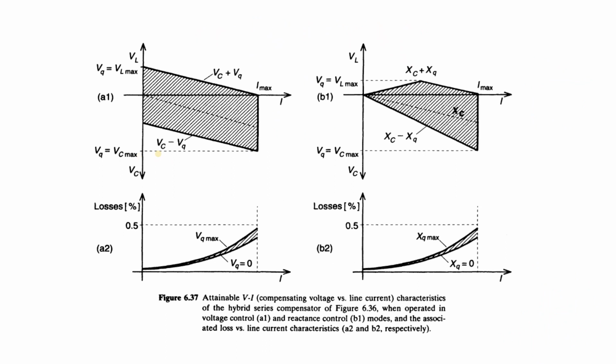But in this case we will not get 2 per unit, we will get only 1 per unit, because the arrangement is made in such a way that a total will give you 1. This is also 1 per unit. So this is the interesting part over here. So this is the combination of the SSC and the fixed capacitor.